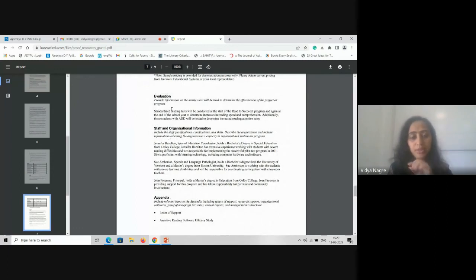I'll just quickly read it for you. So provide information on the metrics that will be used to determine the effectiveness of the project or the program. For example, a standardized reading test will be conducted at the start of the Read to Succeed program, okay? And again at the end of the school year to determine the increase in the reading speed